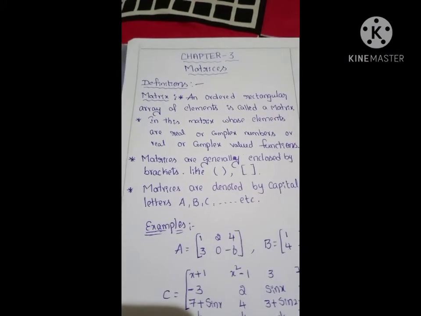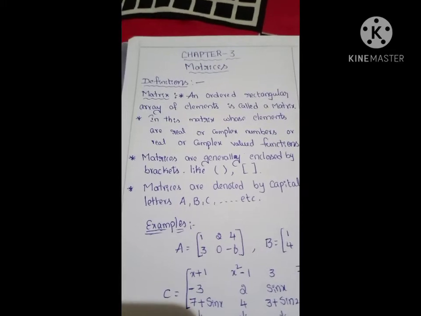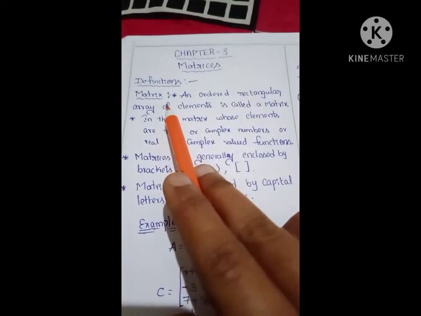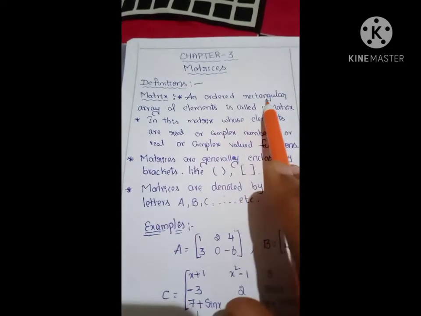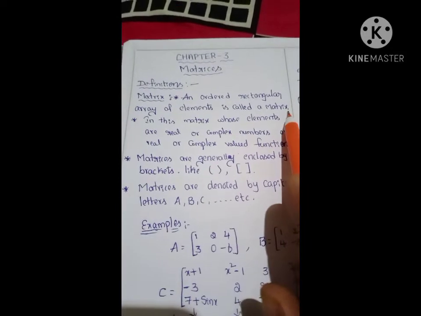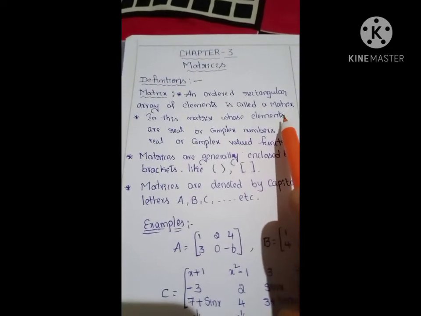Today we will discuss matrices. Okay. So first, the definition of a matrix. A matrix means an ordered rectangular array of elements. This matrix is